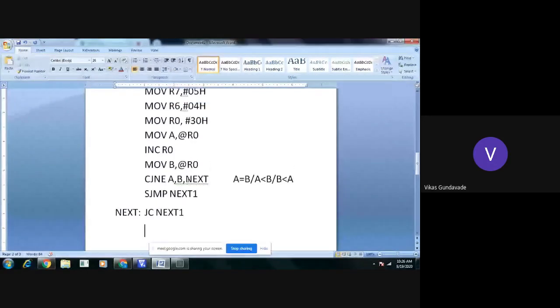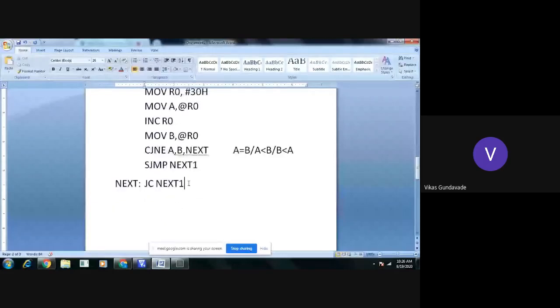B is present in R0 and A is present in first 31 location contents are present in B and 30th location contents are present in A. So here we will only change the contents, okay, or shift the contents by the instruction MOV @R0, A.